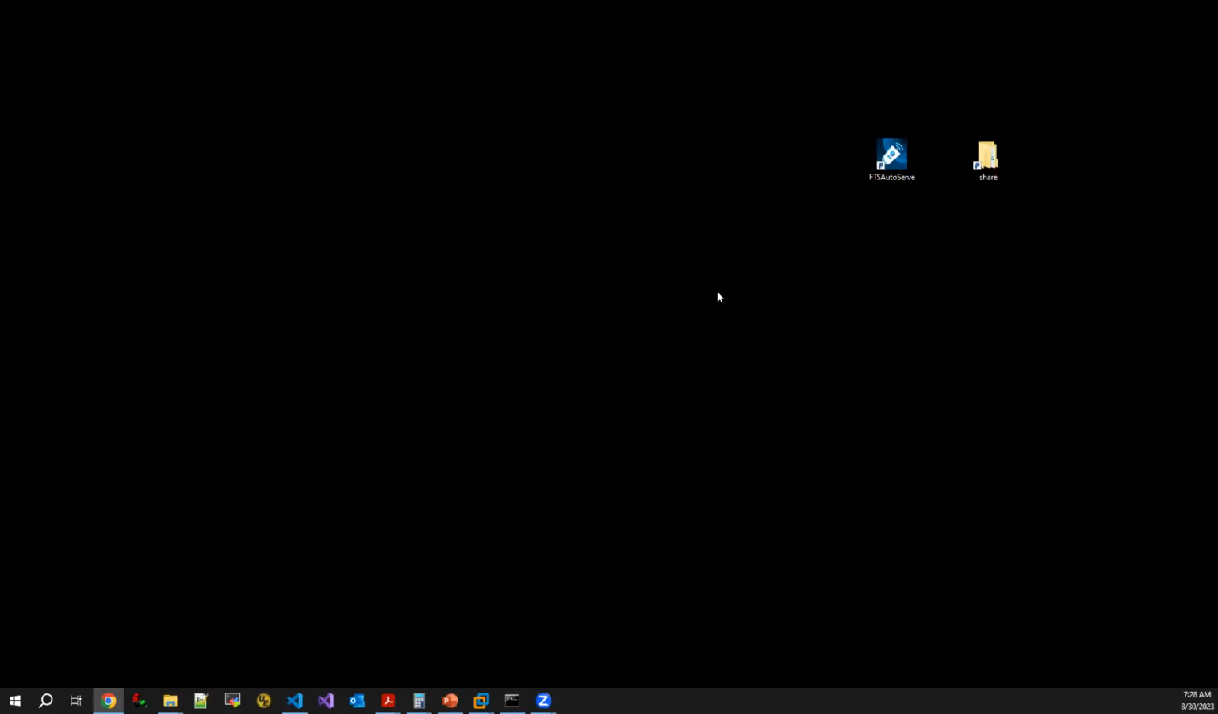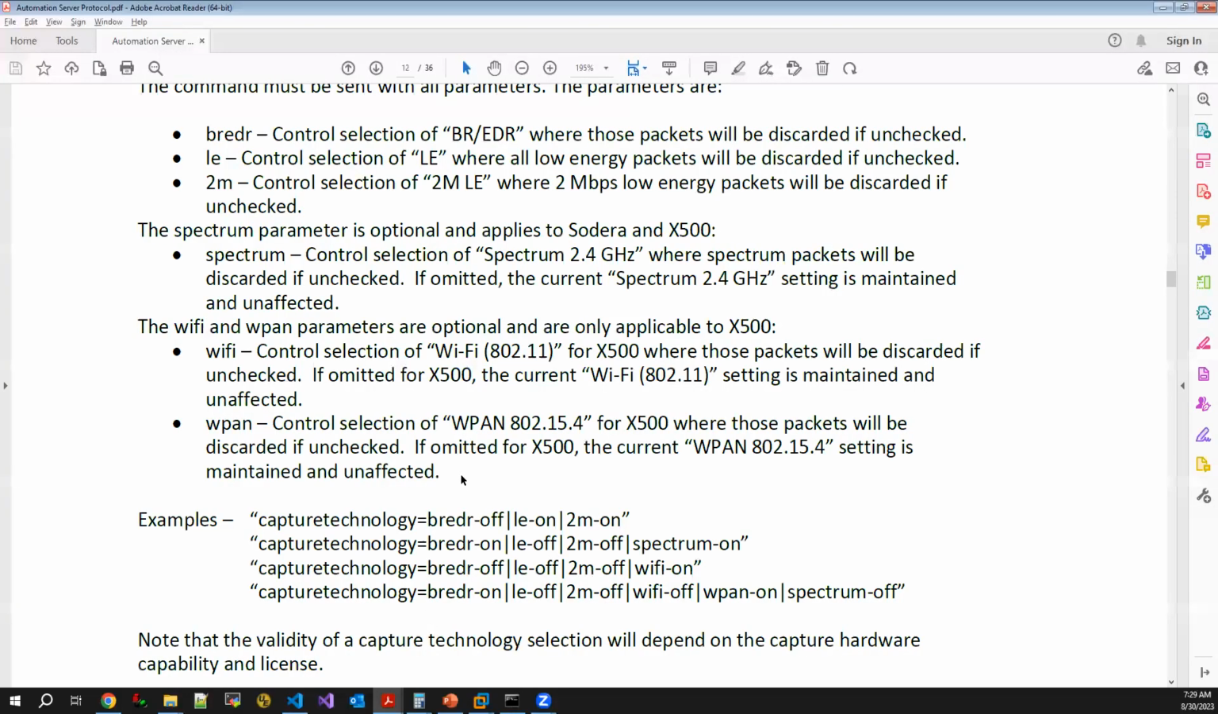So this is on how to use automation with Spectrum. And with Wireless Protocol Suite, you can use automation to capture the spectrum of the environment and then to also export the spectrum from a capture. I'm going to focus on the exporting of spectrum from a capture, but if you're interested in recording using automation